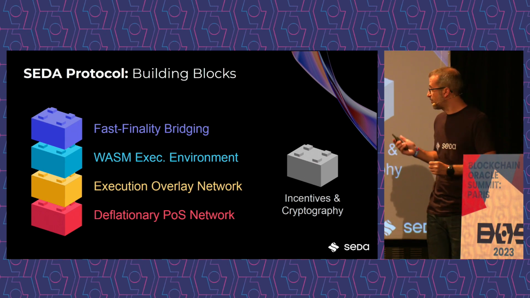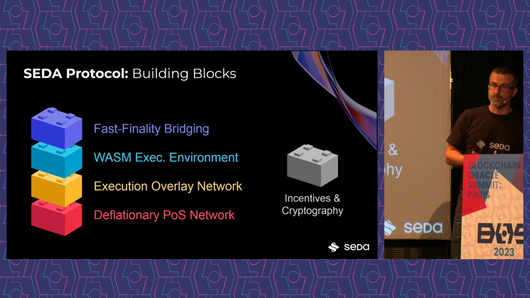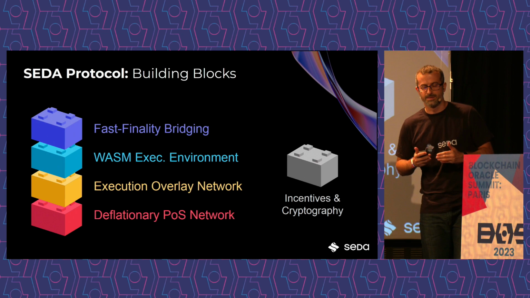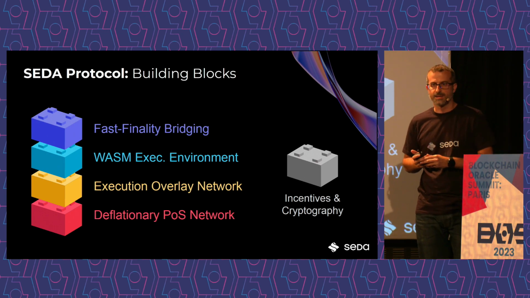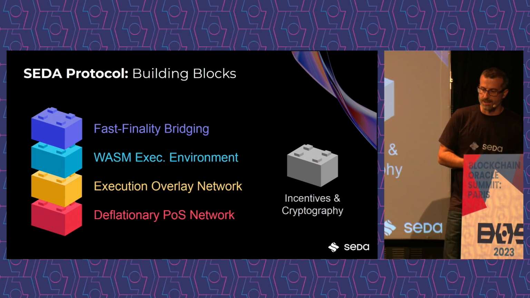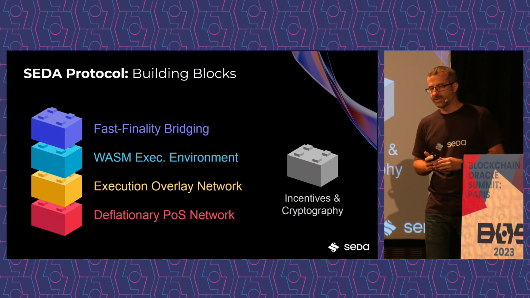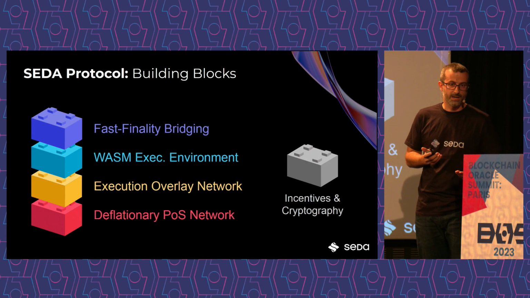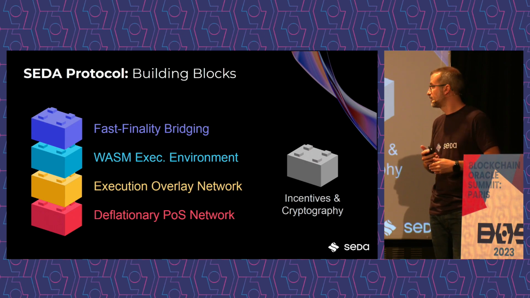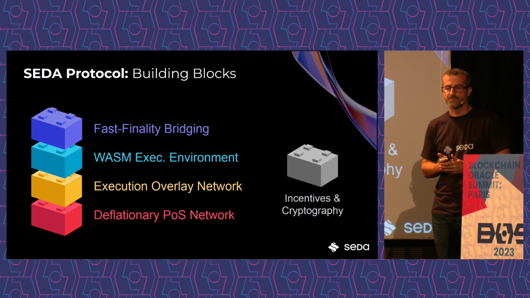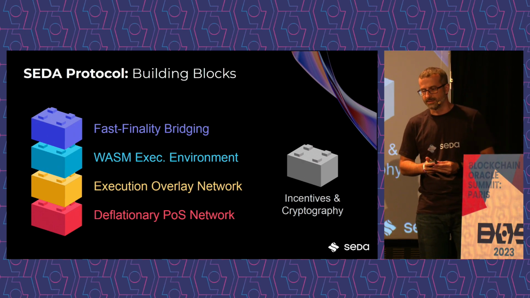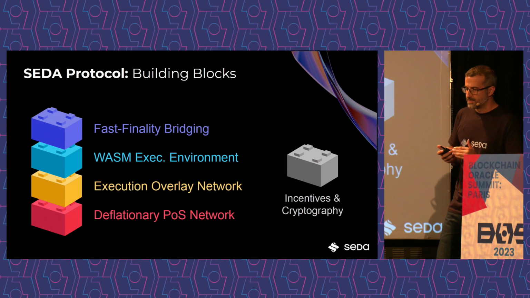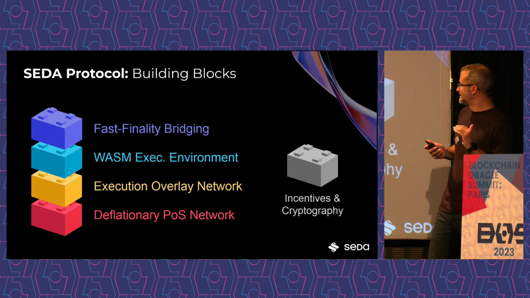Sitting on top of it is going to be an overlay network, meaning a network with a much higher number of participants, whose main responsibility is to fetch the data and report the data back. The way it's going to work is with a crowd attestation mechanism. It's going to be thousands of participants, and for each data request, a secret and random committee is going to be selected.